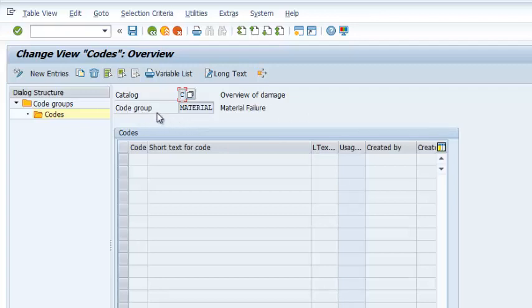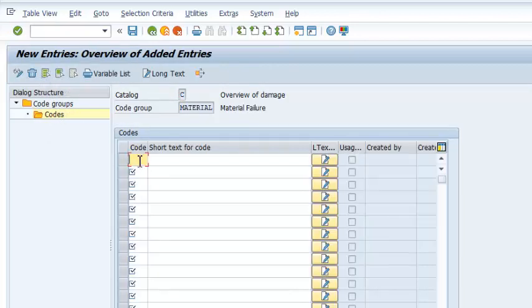So under this code group, we're going to have codes, and we do that by clicking on new entries, and we can go ahead and create our codes. I'm going to create the first code as corrosion, and then I'm going to define that that's corrosion, and then the second code is going to be breakage. You can go on and on depending on the number of codes that you have, but right now let's